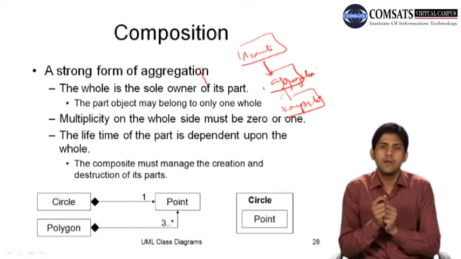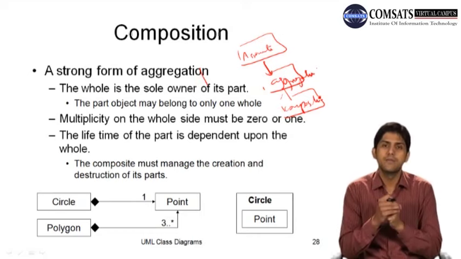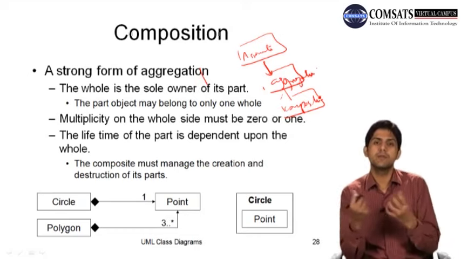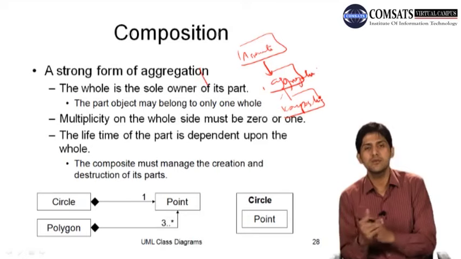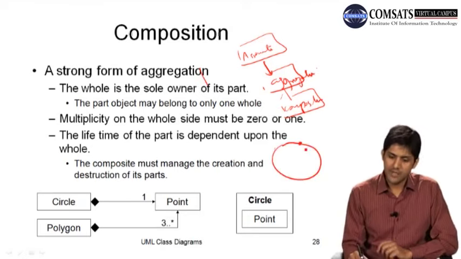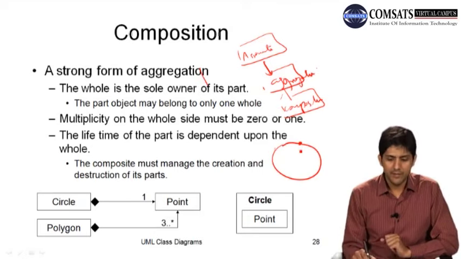जिस तरह सर्कल है और सर्कल के ऊपर एक पॉइंट है, ठीक है। Now that particular point, that is part of the circle but the aggregation is very strong. If you for example remove the circle or delete the circle तो the point is also deleted। जिस तरह आपने एक सर्कल बनाया है, ठीक है, और इसके अंदर मल्टीपल पॉइंट्स हैं। अब इस पॉइंट और इस सर्कल का क्या रिलेशनशिप है, ठीक है।